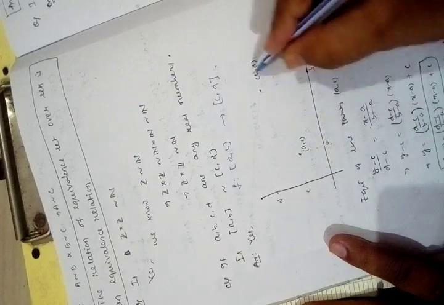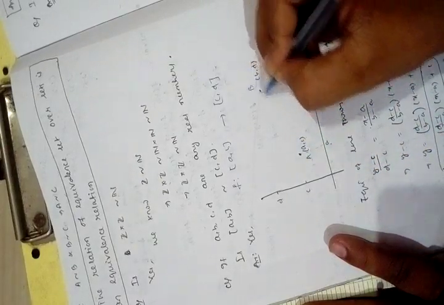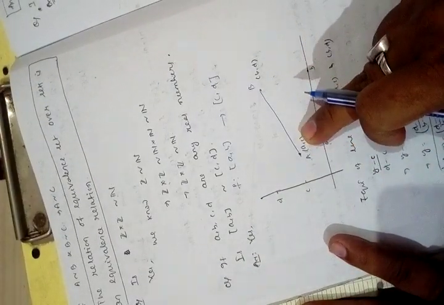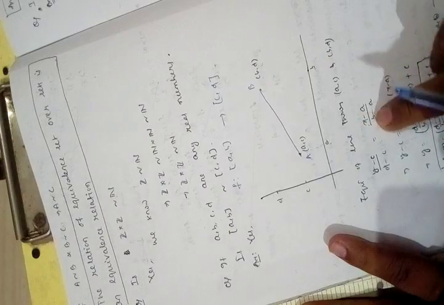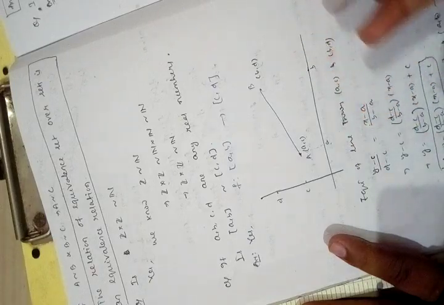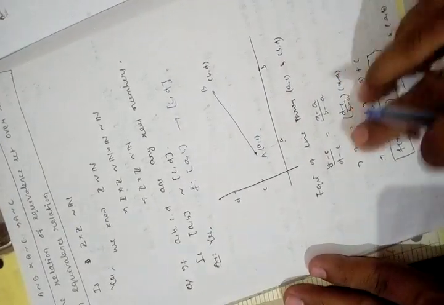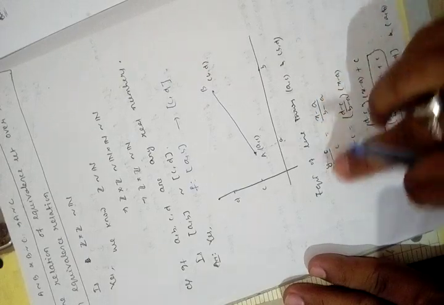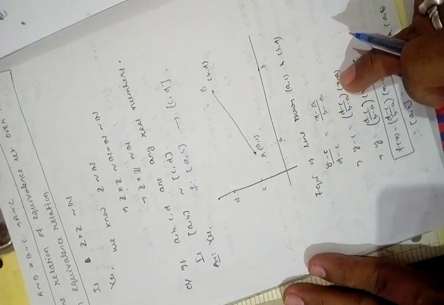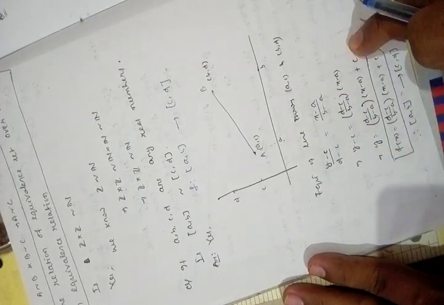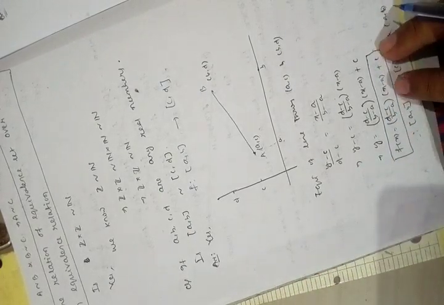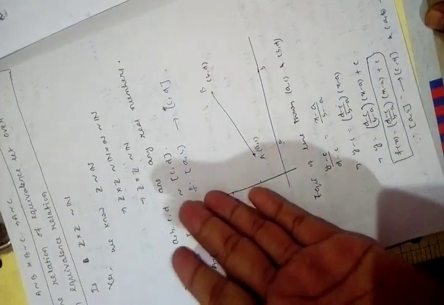Let this point be A and this point be B. The equation of the line AB is (y minus y1) by (y2 minus y1) equal to (x minus x1) by (x2 minus x1). You can also use the two-point formula, y minus y1 equal to (y2 minus y1) by (x2 minus x1) whole into (x minus x1). Now we define (y minus c) by (d minus c) equal to (x minus a) by (b minus a). Now y minus c equals this into this, so y equals this plus c. So let us define f of x equal to this. Obviously this function is 1-1 and onto. So the closed interval [A, B] is equivalent to the closed interval [C, D].